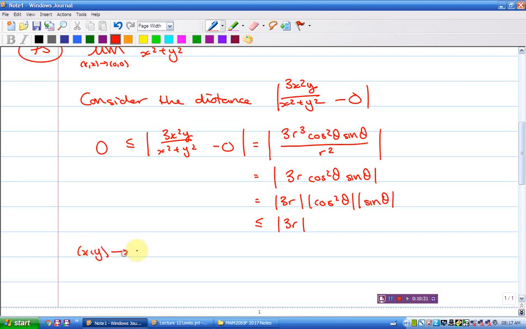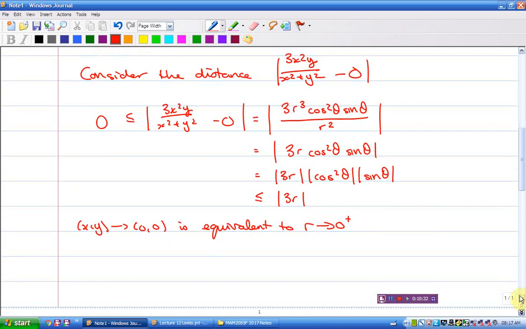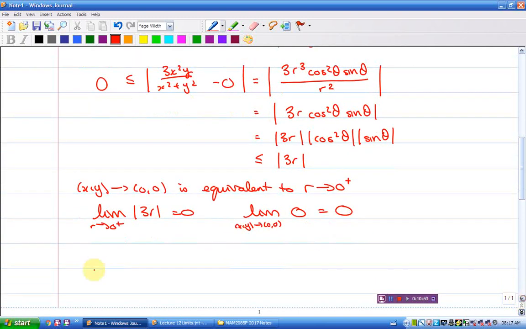xy tends to 0, 0 is equivalent to r tends to 0 from above. You could just say r tends to 0, it's fine. So the limit of 3r as r tends to 0 from above is equal to 0. The limit is xy tends to 0, 0, or you could say r tends to 0. Therefore, by the squeeze theorem,